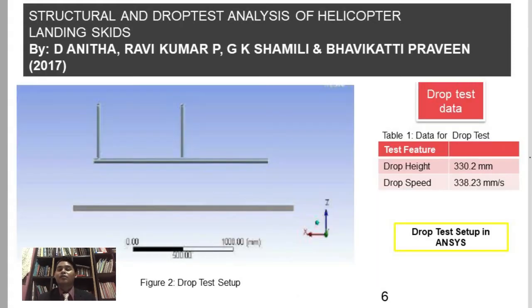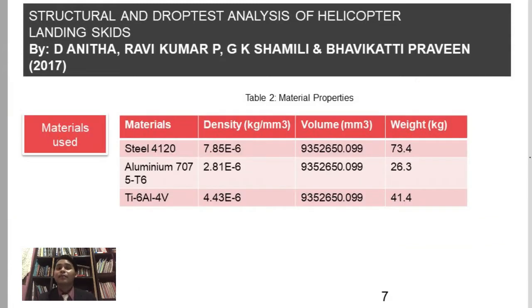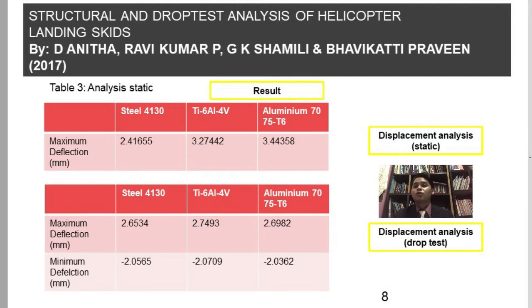Okay, this is the drop test setup in the ANSYS software, and the tables show the data for the drop test. The materials used for this analysis are steel, aluminium, and titanium. So we found that the lowest weight using the same geometry is aluminium 7075T6. So from this